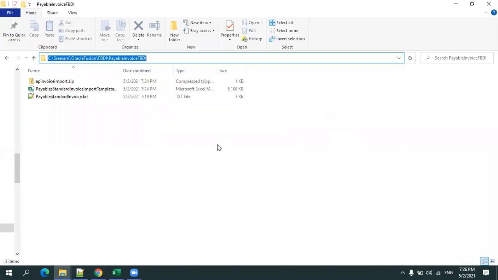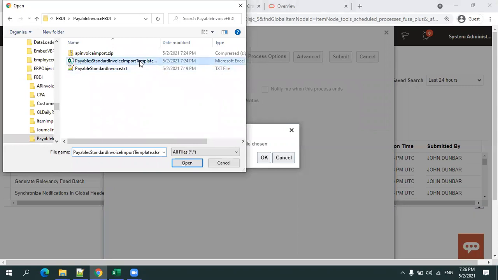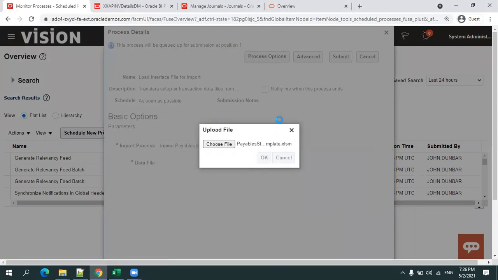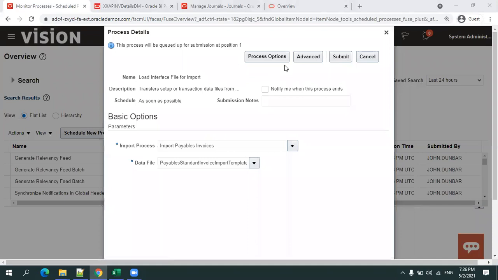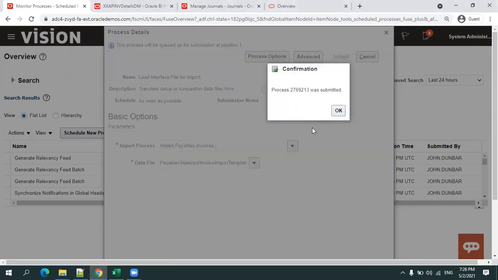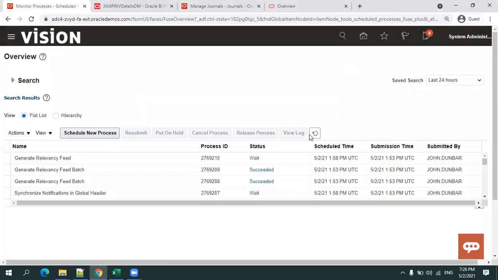Okay. Click on submit. Now the data will be populated to the interface table, right?